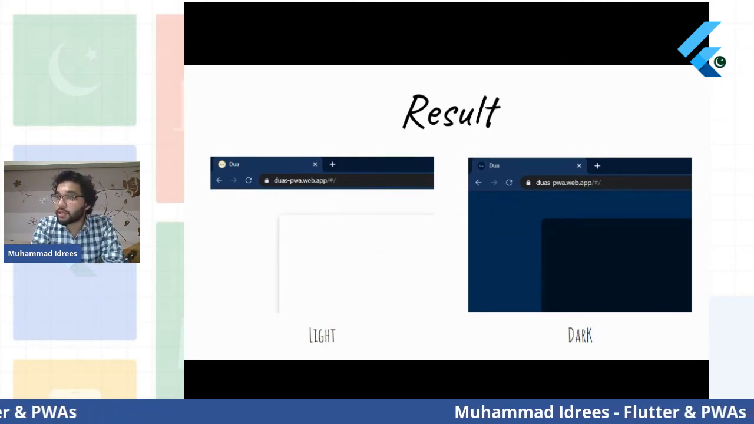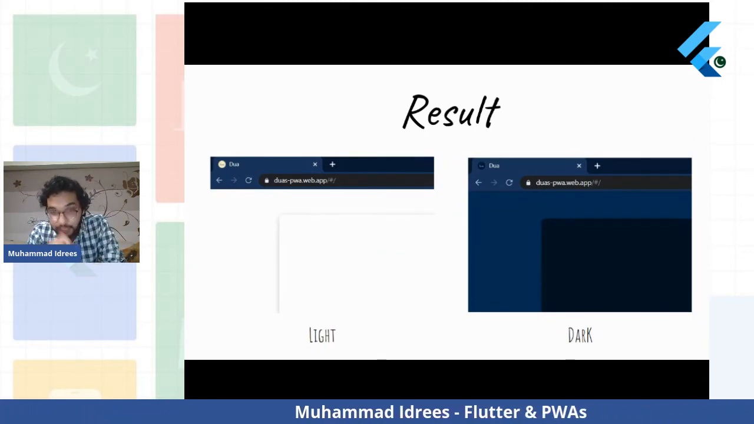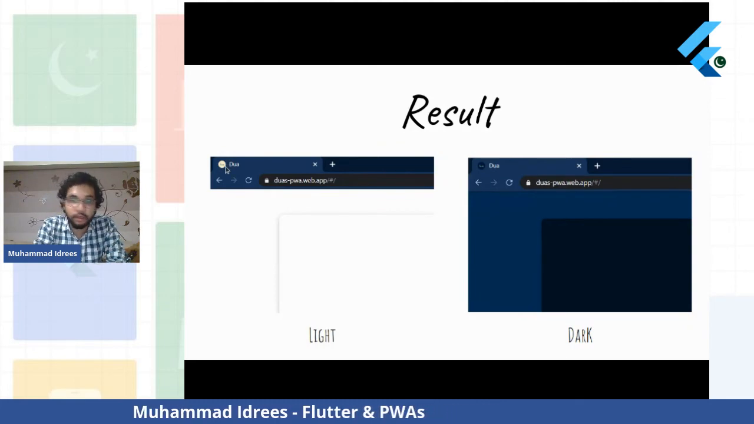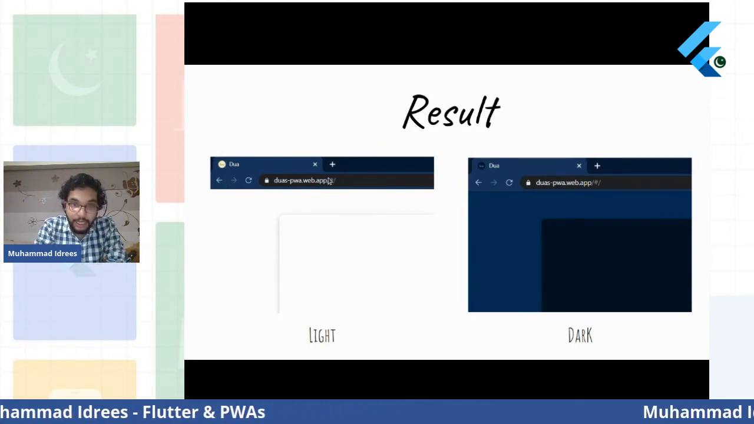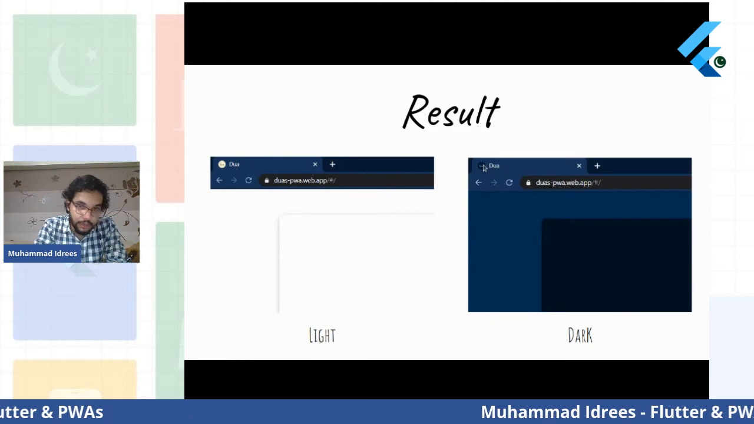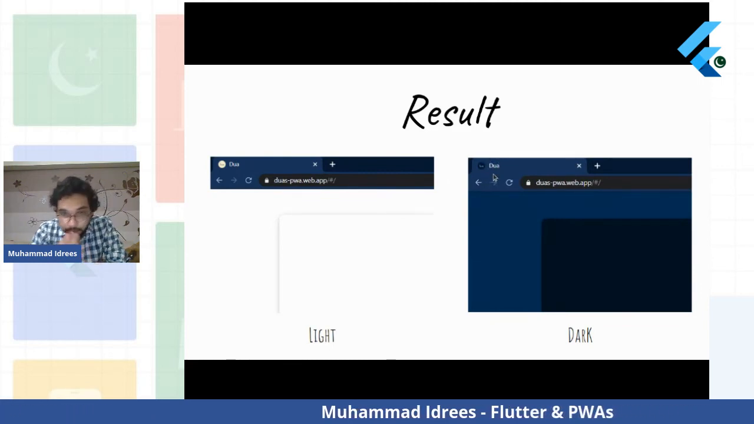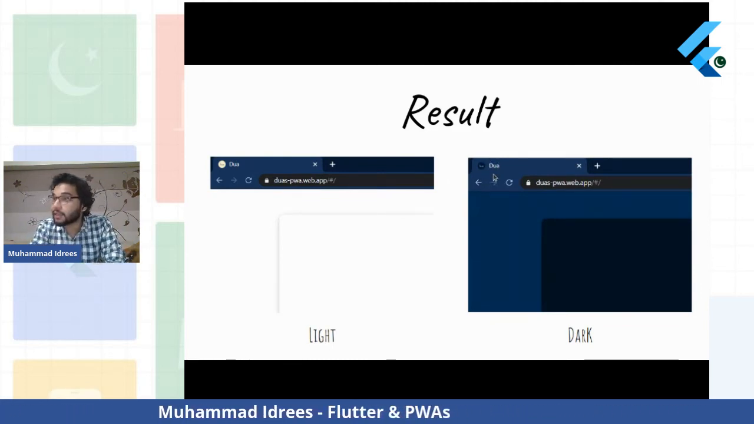So this is the result. If the theme is light, you have a light favicon. This is a favicon, that's what I'm talking about. And if the theme is dark, it gives a dark favicon. Now, as you can see, the link